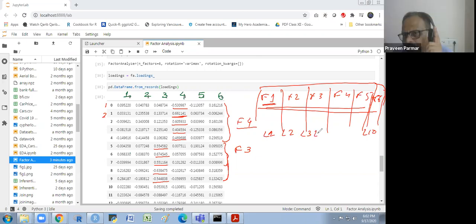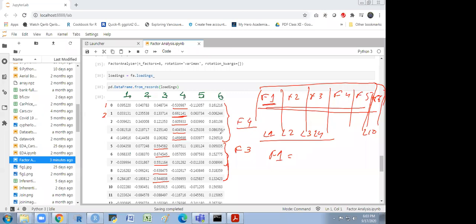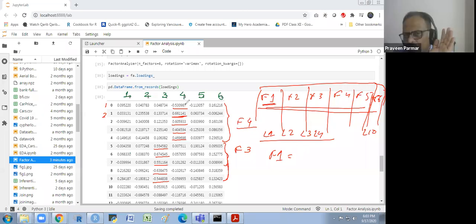So L1, L3, L4 we have taken in factor 1. In this way, we take the mean score of these and we get one factor here, then the second factor. Then we work on these only. Does that make sense, everyone?